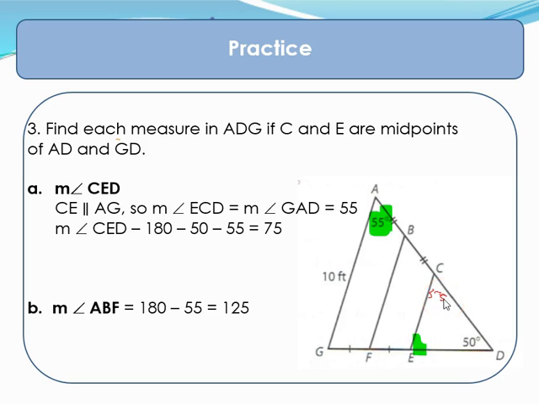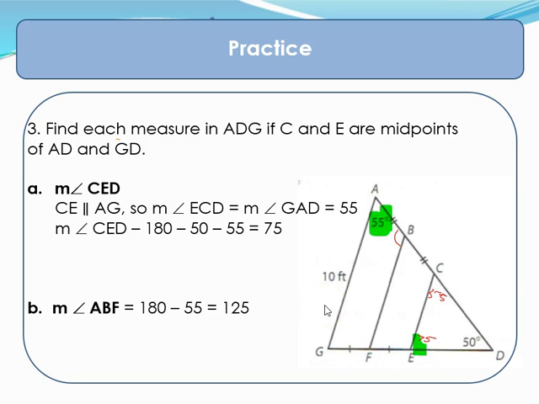And we can solve by subtracting 55 and 50 from 180. So 180 minus 50 and 55 leaves us 75 degrees. And that's our answer. And the measure of angle ABF, now that's this angle right here,